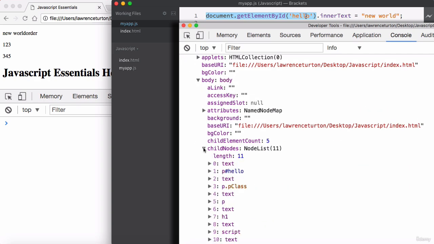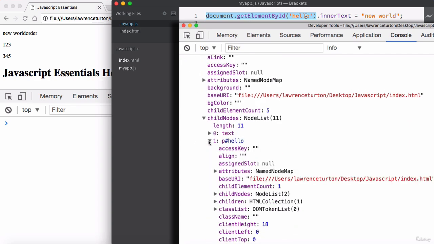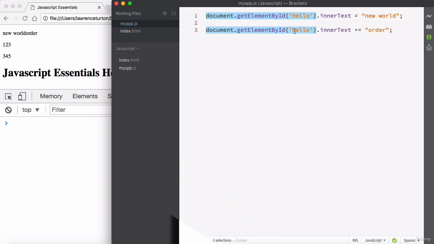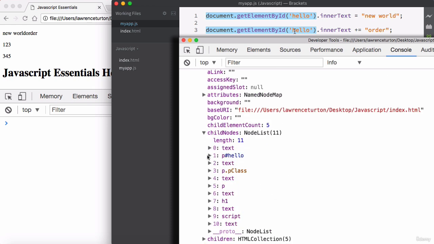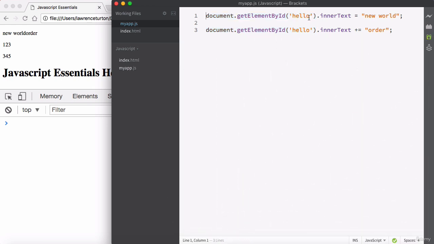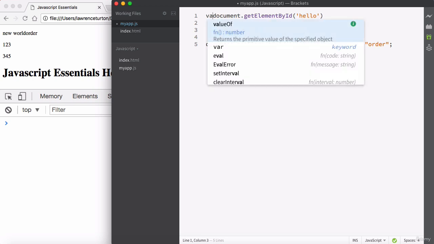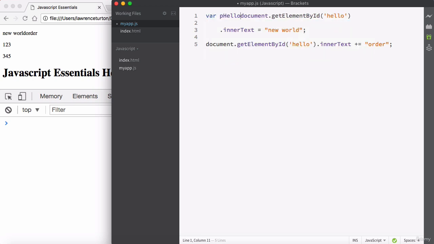We've already found this element in memory, this object that resembles that element, but then we're doing it again. And that doesn't make a lot of sense. We should only do one search and then start modifying it. So we know that really this is returning a reference to the object. It's just a memory pointer. So what we can do is we can give it a symbol name so we can access it easily. So I'm going to say var pHello equals document.getElementById hello. So now we're searching through our dictionary once, finding the word once,